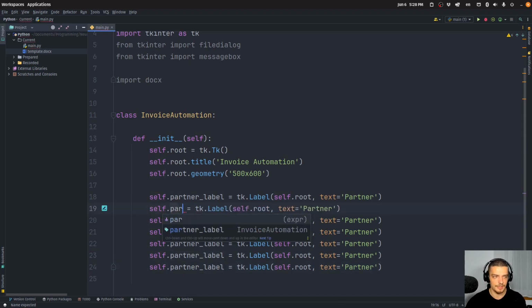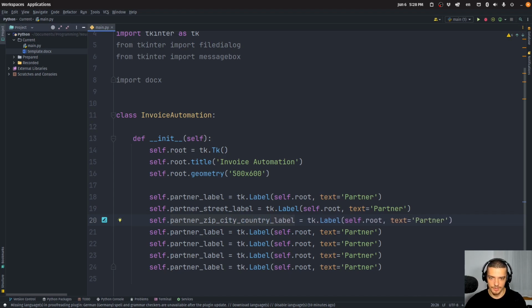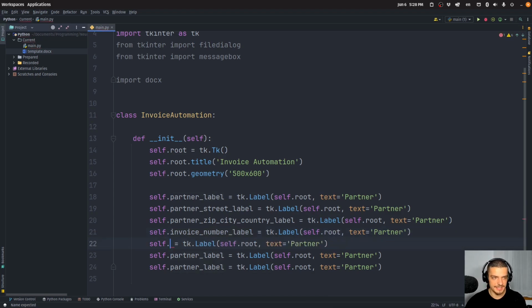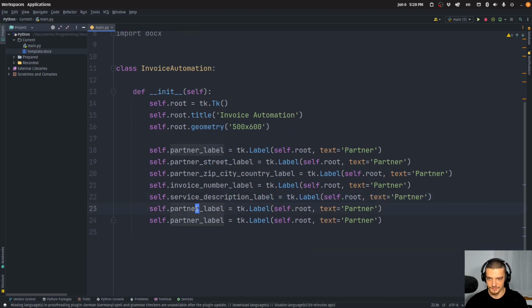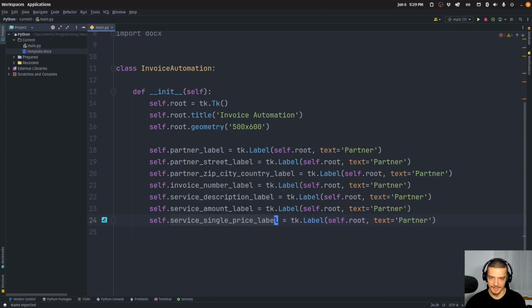Now we're going to do that for all the different placeholders that we want to input manually. So for the partner label, for the partner street label, for the partner zip city country label, so whatever you want to put in there. Then also for the invoice number label. Now this might be a little bit tedious because it's quite repetitive, but for the service description label, you can of course also do this yourself and just skip this part of the video. For the service amount label, and then also for the service single price label, and of course for the payment method